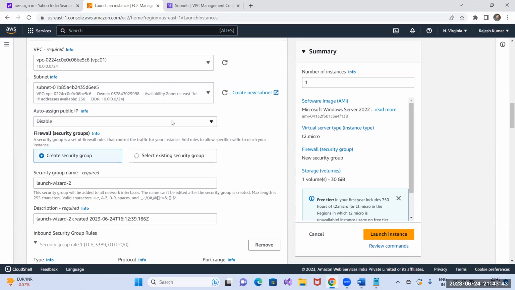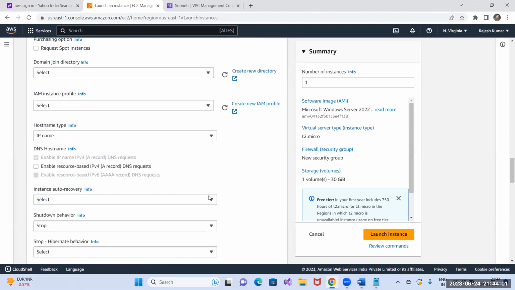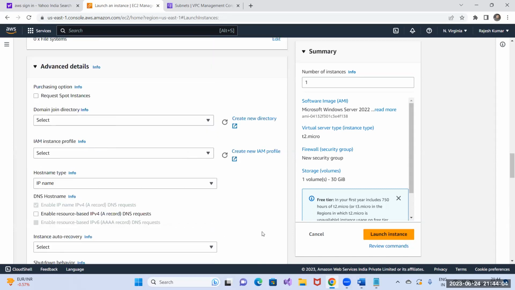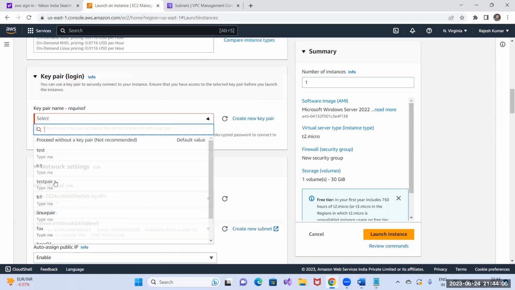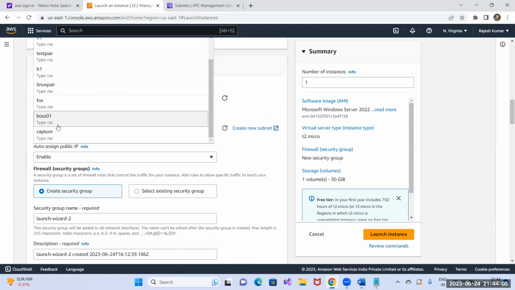If you keep it disabled, then it will not get any public IP. By default, if you are using the default VPC, then it is enabled by default. But if you are using your own customized VPC for the EC2, then you will have to keep it enabled. So I'm enabling it because I don't want to use any elastic public IP, because an elastic public IP is a static one, and for a static one, you will have to bear the cost. So key pair, I will select the same one, the capture,